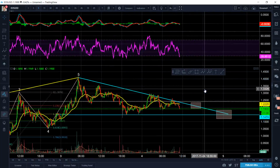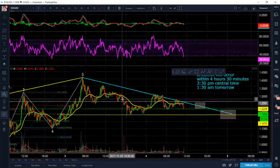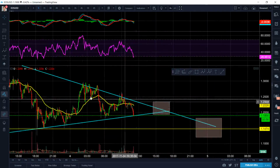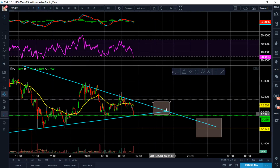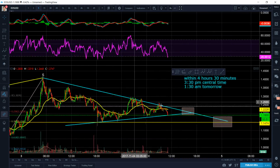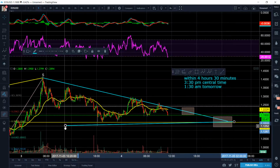So once again, I'm just going to say really clear so we're all on the same page, because I want you guys to be profitable and I don't want you guys to be in jeopardy, okay? So if it bounces off right now, right here, we're going to get into this zone where it could break up or down because it's a symmetric triangle. But if we ended up falling down and this line ends up becoming like that, just like that,